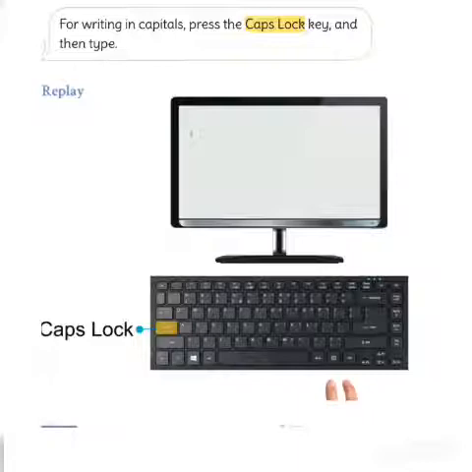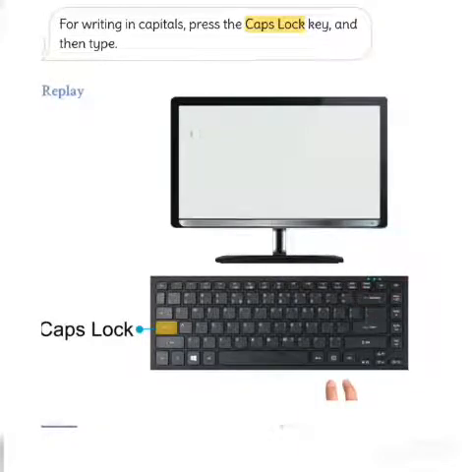Next, if I want to write my name in small letters, one more time you must press this caps lock button. How will you come to know whether the key is in caps lock or not? See at the top. In some keyboards the light is here and in some keyboards the lights are given on this side. When I press this caps lock key one time, what will happen? Here the light will be on, indicated by green or red color. If I press it one more time, for writing in small letters, it will be turned off.